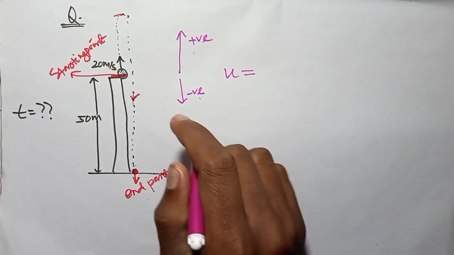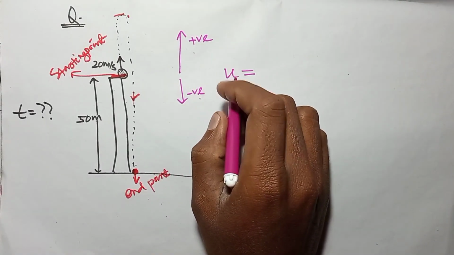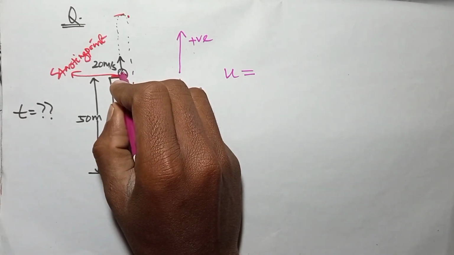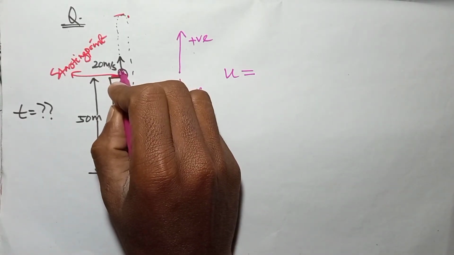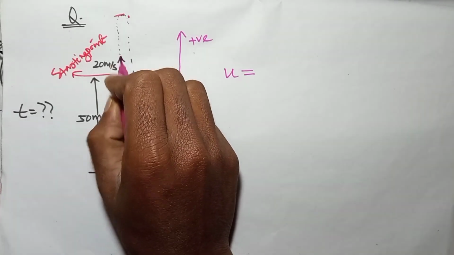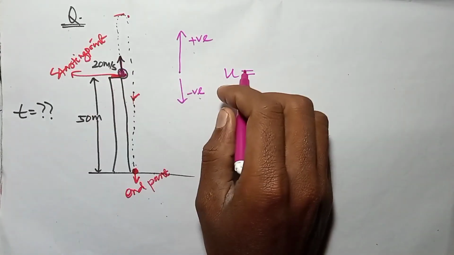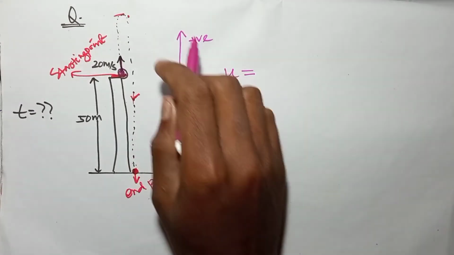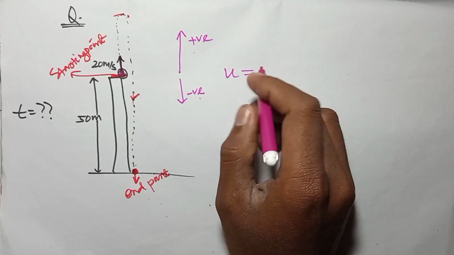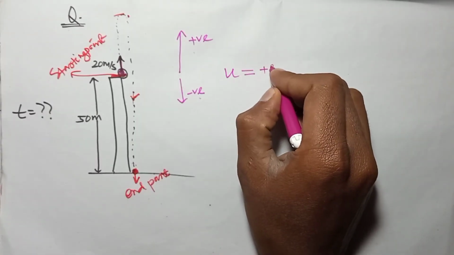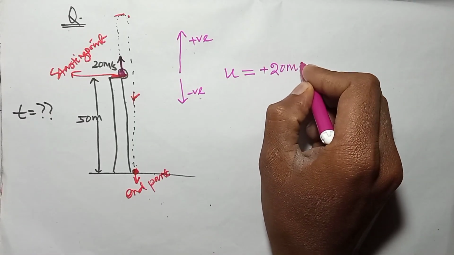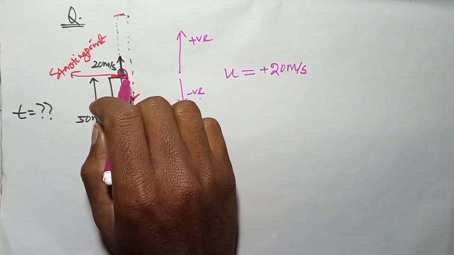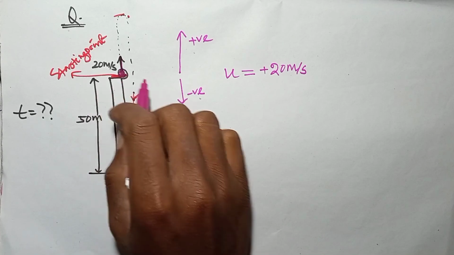तो देखिए यू वेक्टर के डायरेक्शन का मतलब है इनिशियली बॉडी किस डायरेक्शन में मोशन कर रहा था. सो दिस इज द इनिशियल और स्टार्टिंग पॉइंट. आप देख सकते हैं इनिशियली ये बॉडी अपवर्ड डायरेक्शन में मूव कर रहा था. तो यू का साइन पॉजिटिव हो जाएगा बिकॉज हमने अपवर्ड डायरेक्शन को पॉजिटिव लिया है. सो यू विल बी प्लस 20 मीटर पर सेकेंड, क्योंकि यू का जो डायरेक्शन था यानी इनिशियल वेलोसिटी का